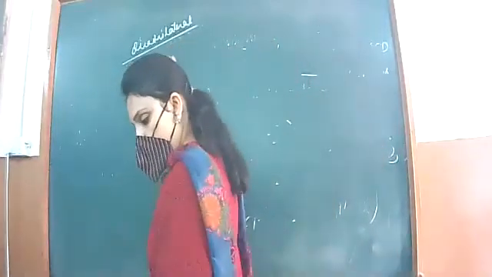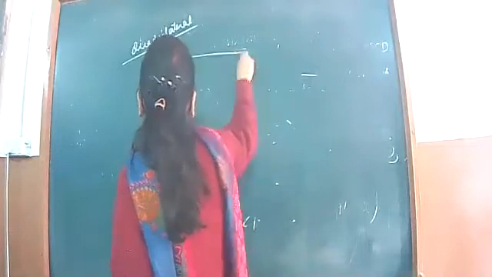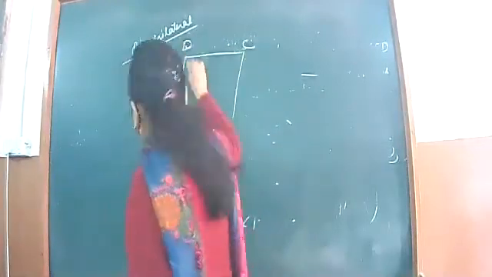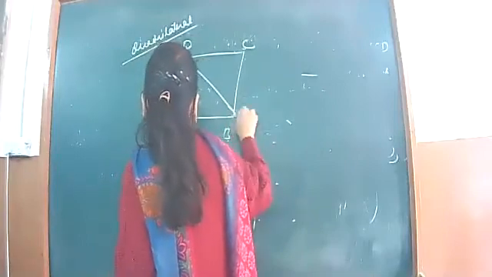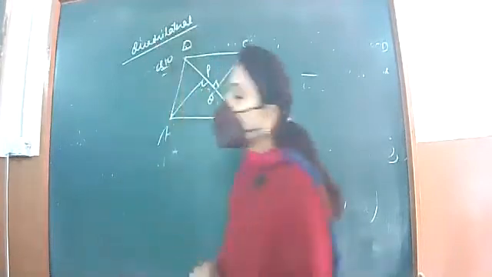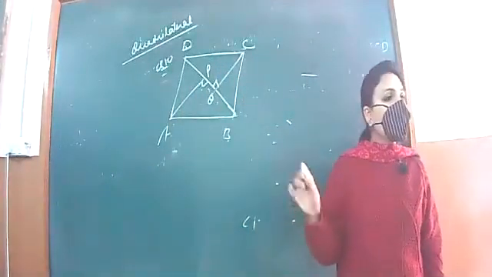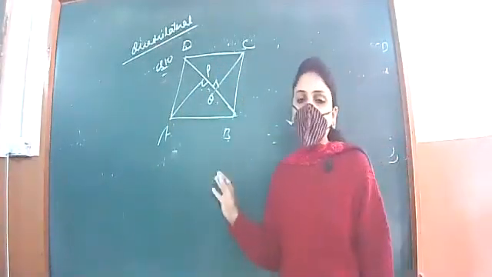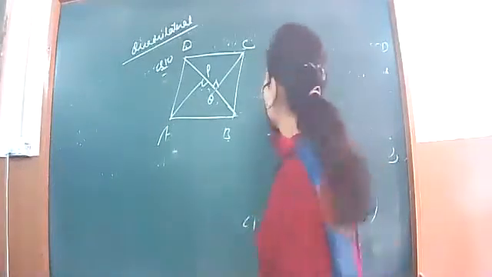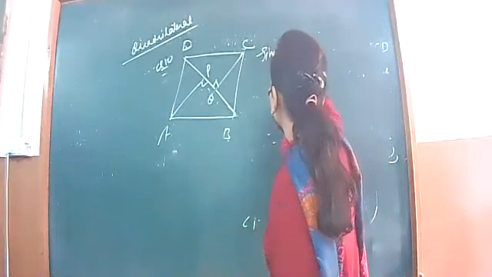10th question I am going to start with. ABCD is a parallelogram in which BD is a diagonal, AP is perpendicular to BD and CQ is perpendicular to BD. AP and CQ both are perpendicular to diagonal BD, right? So in a nutshell I am writing, given that ABCD is a parallelogram,